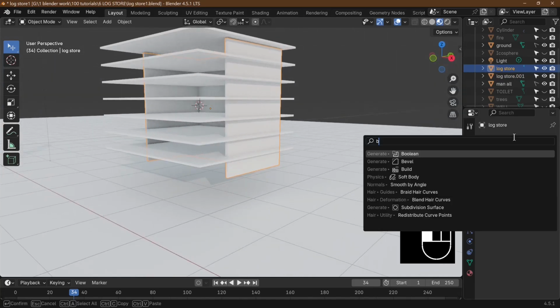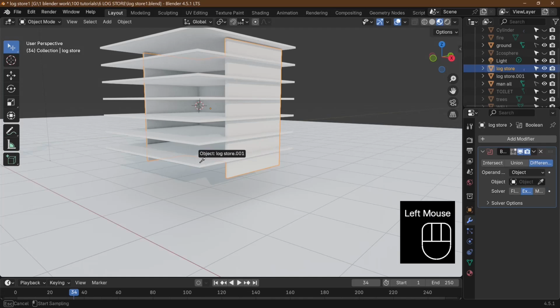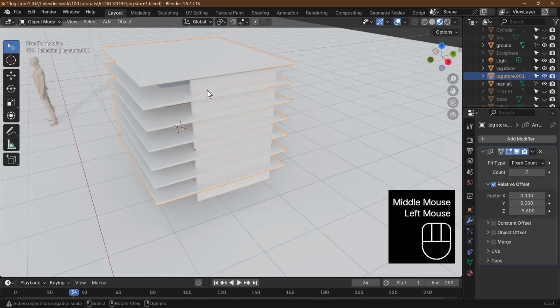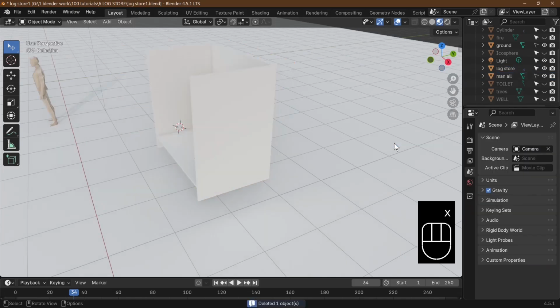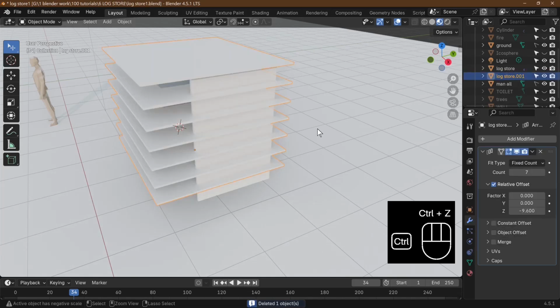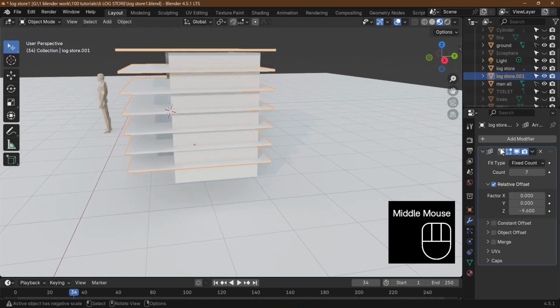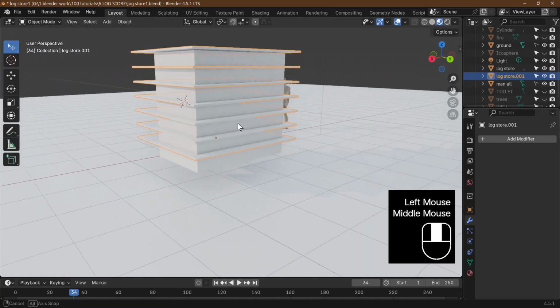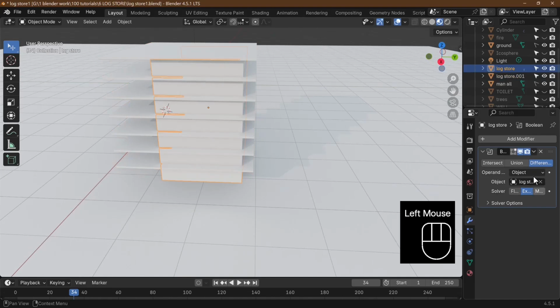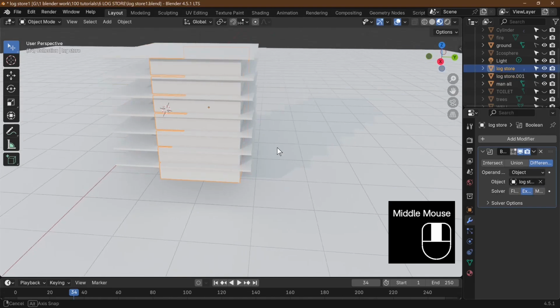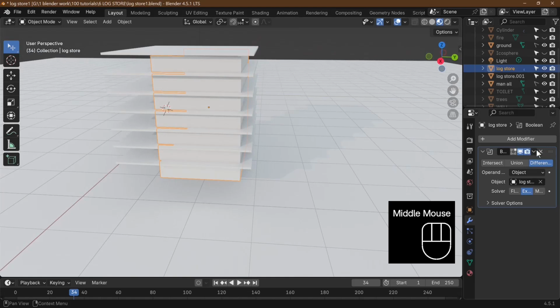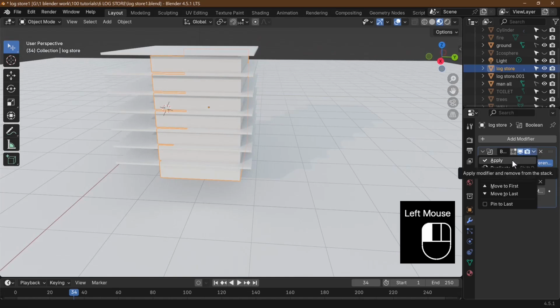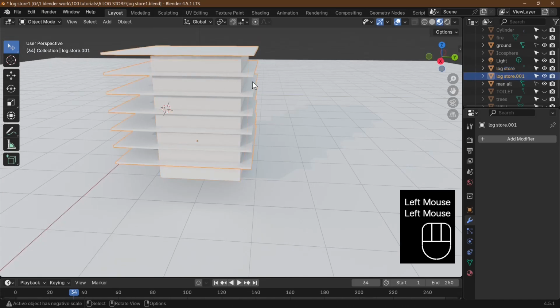Add a modifier, add the Boolean, and what we're going to do is select our cutout object there, and then we can delete our cutout object. X, delete. And as you can see, it's not seemingly worked, and the reason it's not seemingly worked is because we didn't apply the modifier before we did the actual Boolean cut. So apply that to our array, and then we'll select this again, select our log store, apply the Boolean modifier,